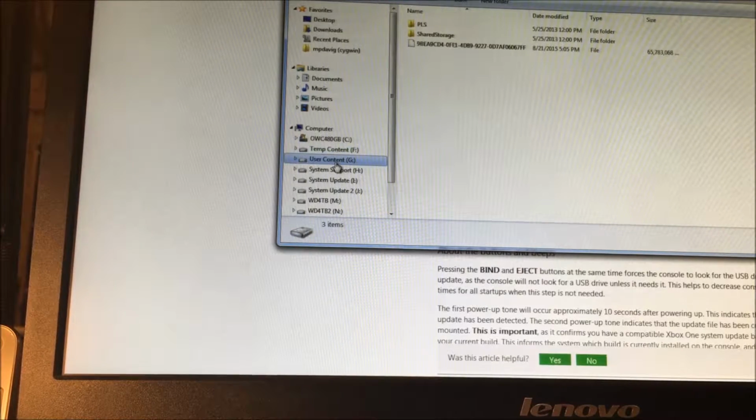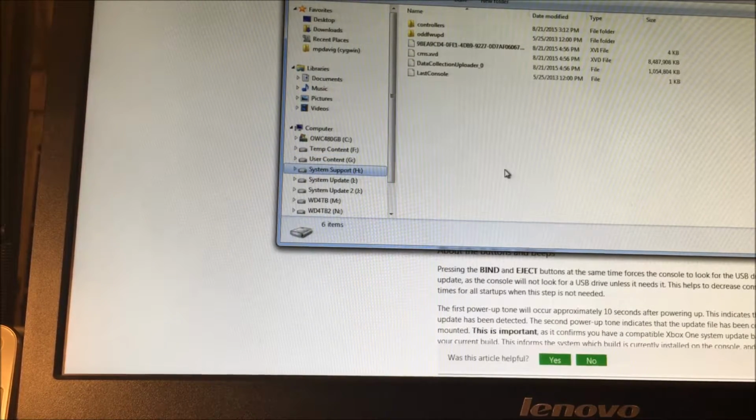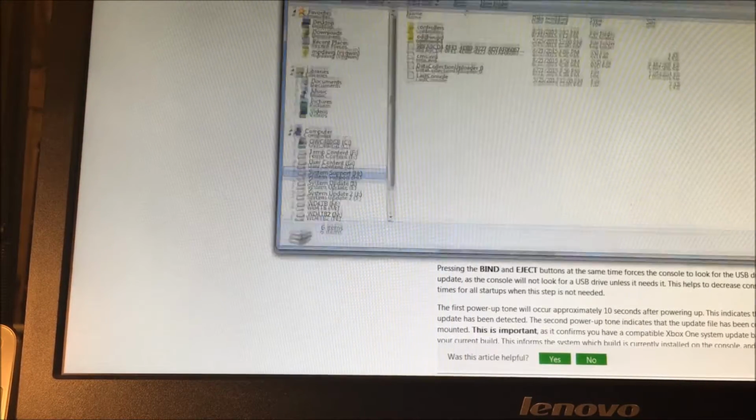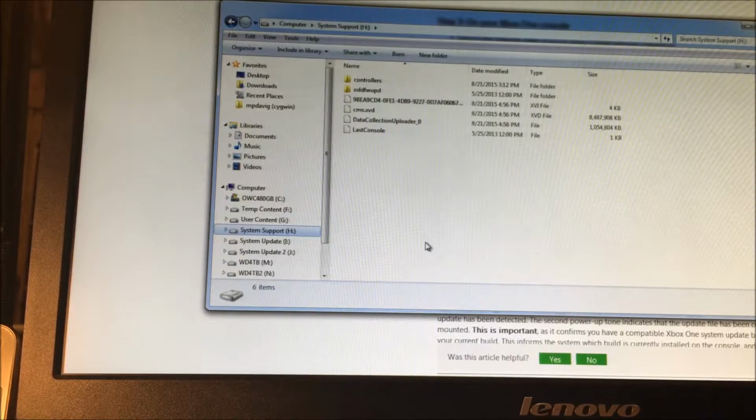Like I said, the user content is where all your files go, all your game installs, everything that you basically do with the drive goes there. And system support is another one. I think that's more like, well, I won't speculate, but you can see there's stuff in there that's referring to controllers and things like that. So it probably has something to do with either drivers or special settings, maybe. All right. Anyways,